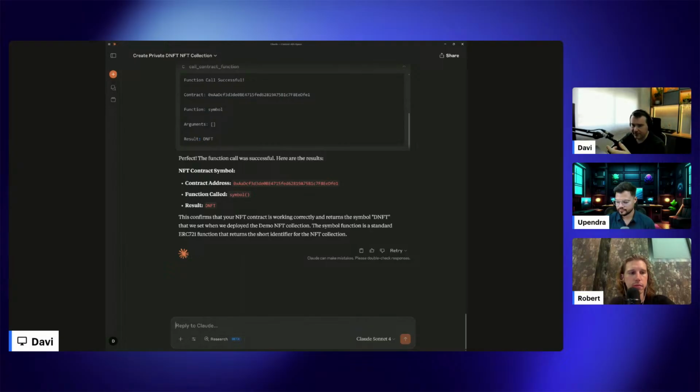And to verify the message, you can just pass the signature and the message that we're expecting to be signed by the owner, and you can see if it matches the correct signature. So you can prove that you are the owner of an address by signing and verifying signatures. You can do that with our MCP tool.